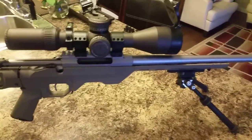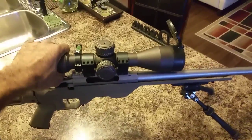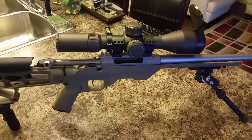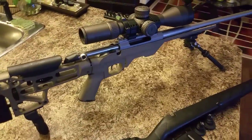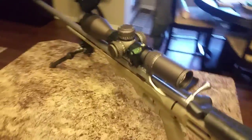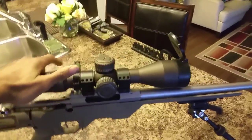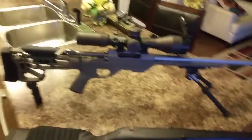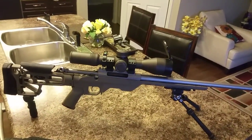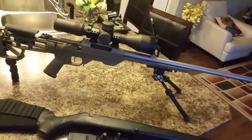Alright, so up here, I have a Vortex Razor HD Gen 2. And it's the 4.5-27x56. Now this scope is a beast. I think this guy weighs something like three pounds, something along those lines. But again, it just went right in with what I wanted. I didn't mind the weight because I wanted to reduce the recoil,